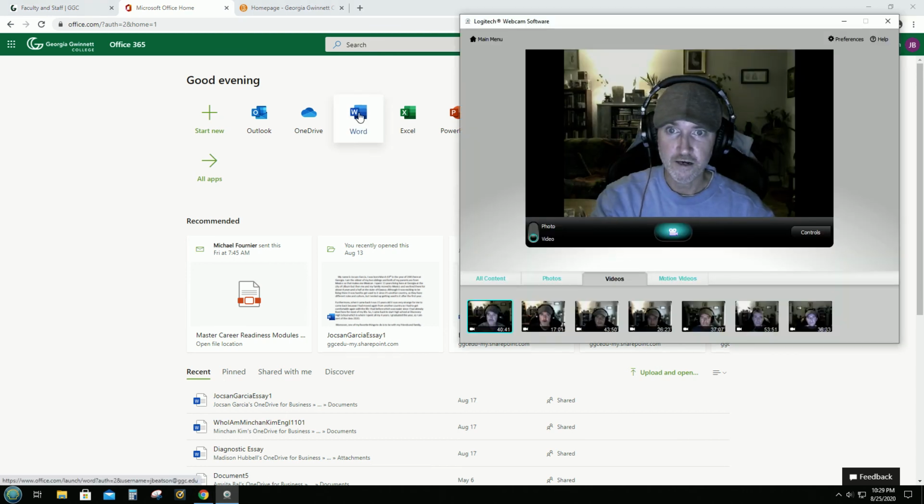It is right here, Microsoft Word. So there's no reason for any of you not to use Microsoft Word. You've got OneDrive, you can save to the cloud if you want. Excel, PowerPoint for other classes, you've got it right there. So it is to your benefit.